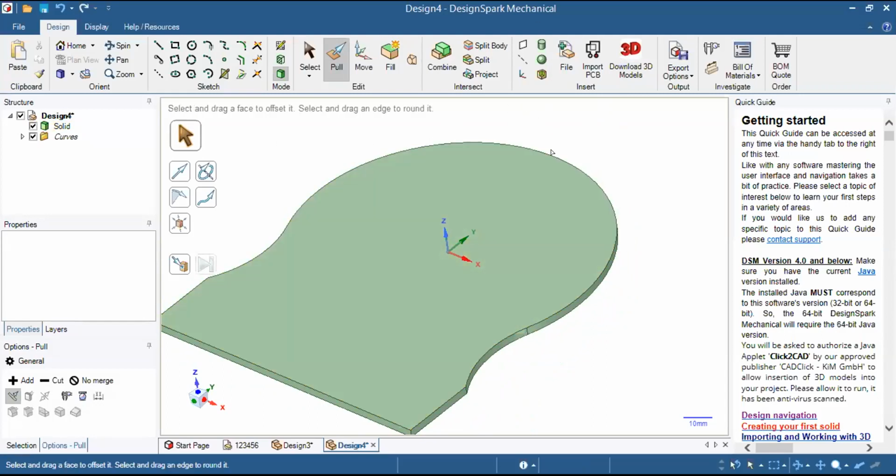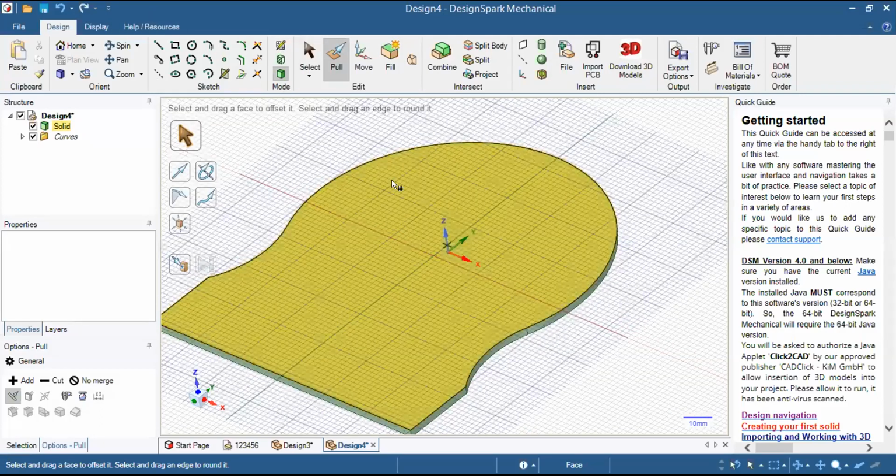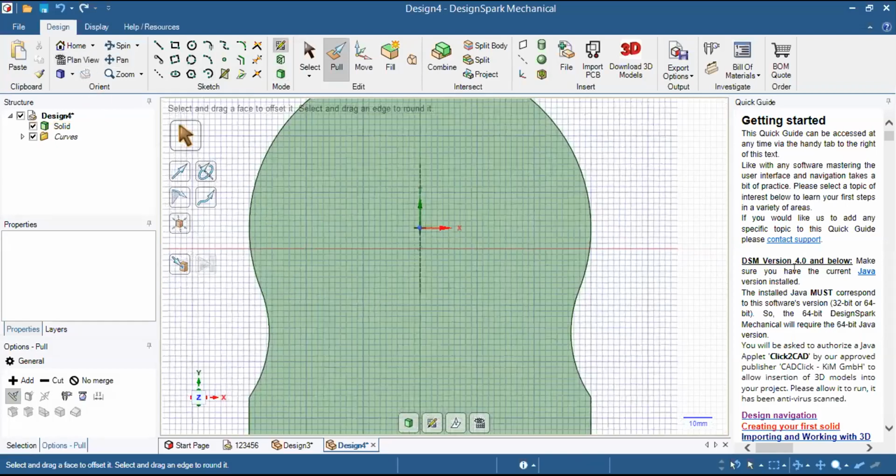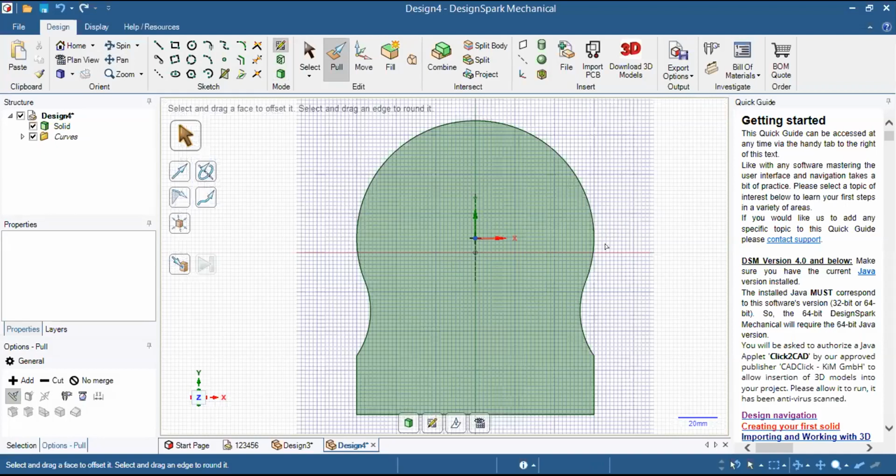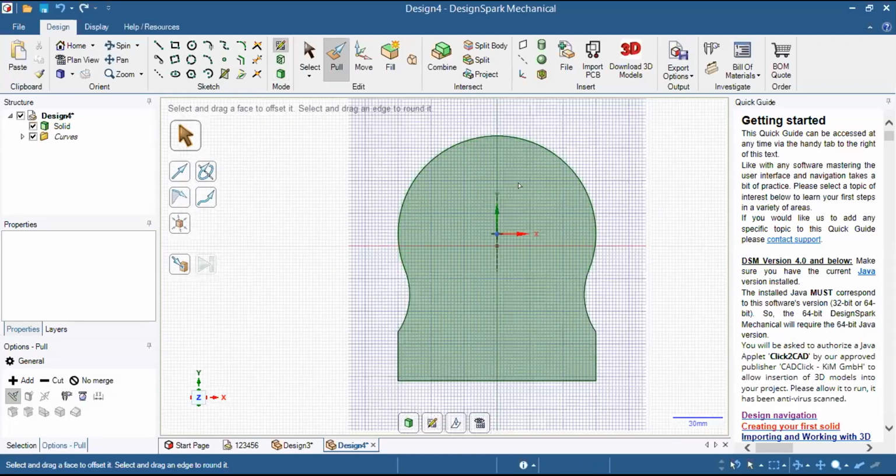So now what I need to do is, I will go to sketch. From here, I will select sketch. I will select this, and I will go to plane view. So what we will do now, we will take an offset command.